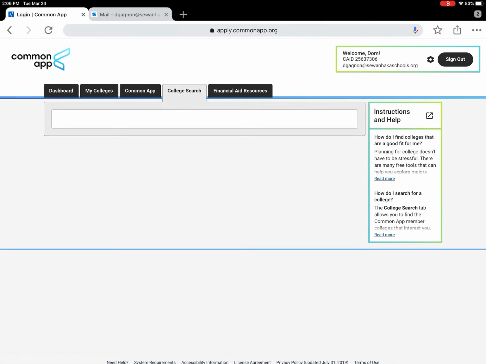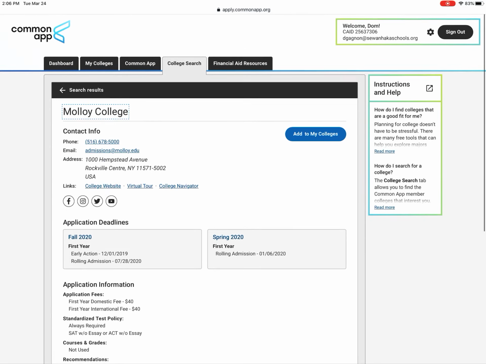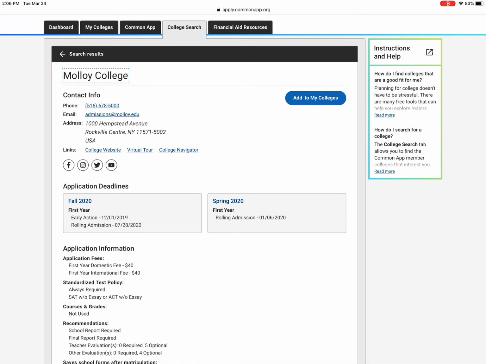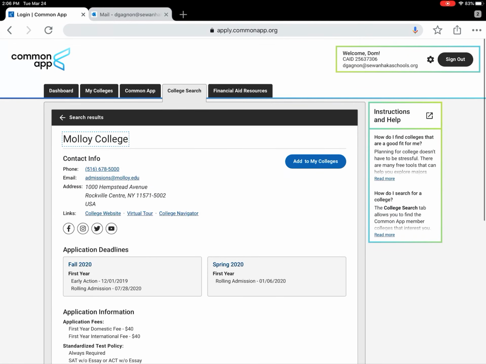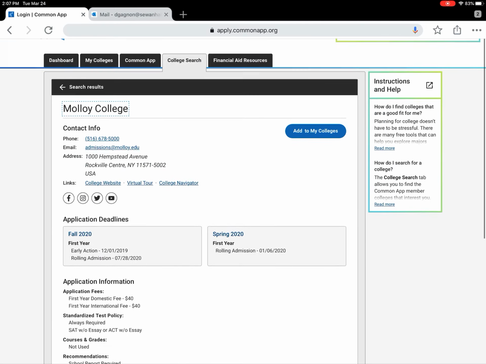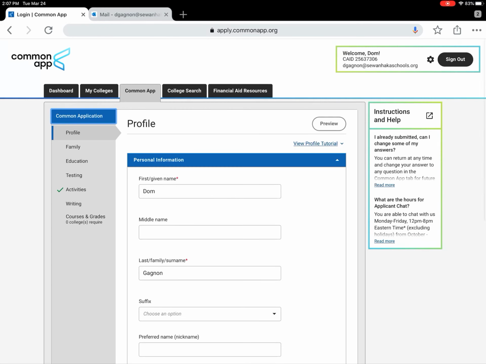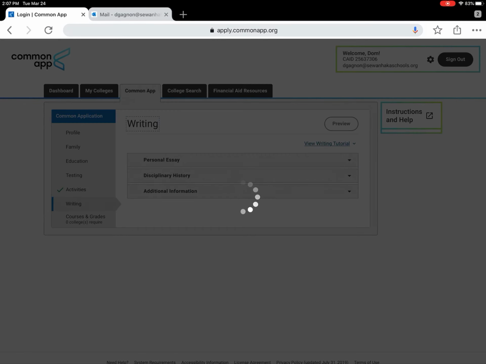Also, click on Molloy College. There it is, more information. Direct phone number again, just like Delphi University. Scroll down, and this is where you go. So let's go back to the Common App writing portion. That's the last portion I'm going to save for this. So you click on writing,